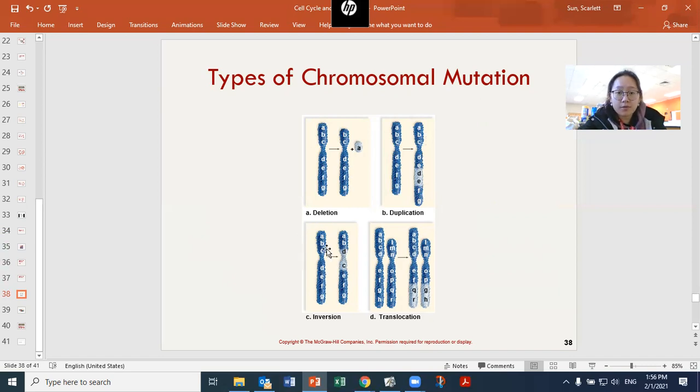It's doubled. Over here, you have inversion, where it used to be A, B, C, D, E, F, G, but during the DNA replication, something went wrong, and on the chromosome now it reads A, B, D, C because they got flipped, E, F, G. And then translocation would be saying that chunks of genes on different chromosomes are being swapped to where they're not supposed to be. So originally, one of the chromosomes reads A, B, C, D, E, F, G, H, and the other one reads L, M, N, O, P, Q, R. Instead, the bottoms of them get swapped or translocated, and now it reads A, B, C, D, E, F, Q, R, and L, M, N, O, P, G, H.